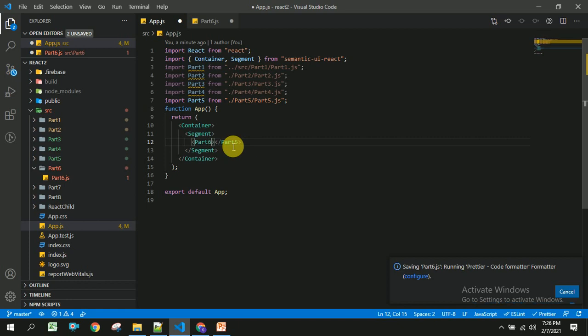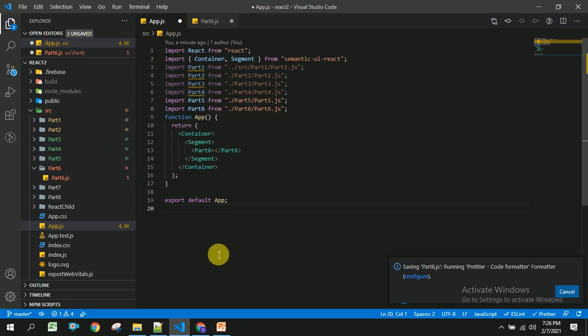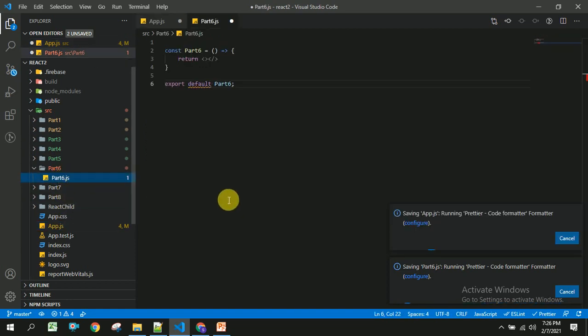You should be able to see the IntelliSense. As it is not showing, I am importing directly. I am going to copy this and paste here, part6 and part6. So let us save this. So I am going to part6, and here